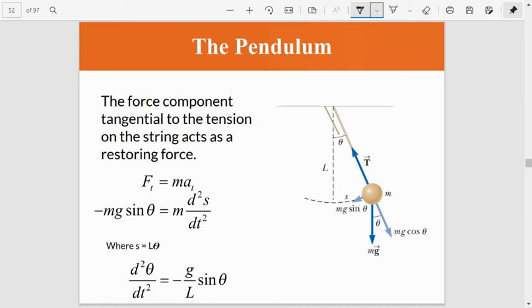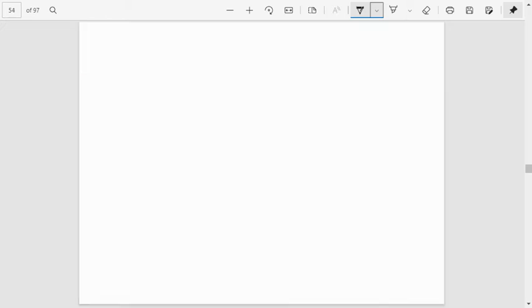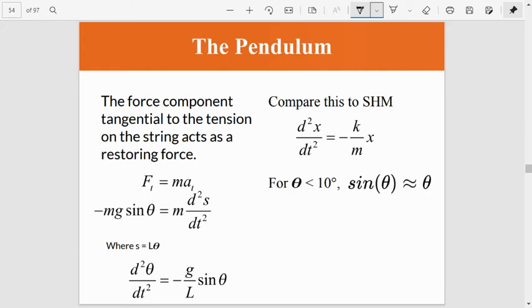And what we get then is that essentially the acceleration of theta is related to g/L and sine of theta. So this does kind of look like simple harmonic motion, where the acceleration of a spring block system was proportional to its displacement. The only difference, though, is that